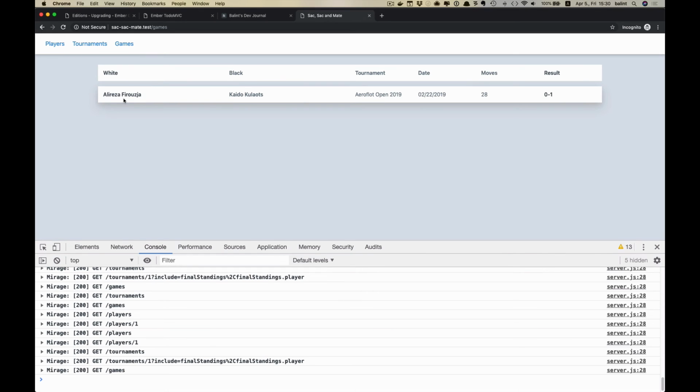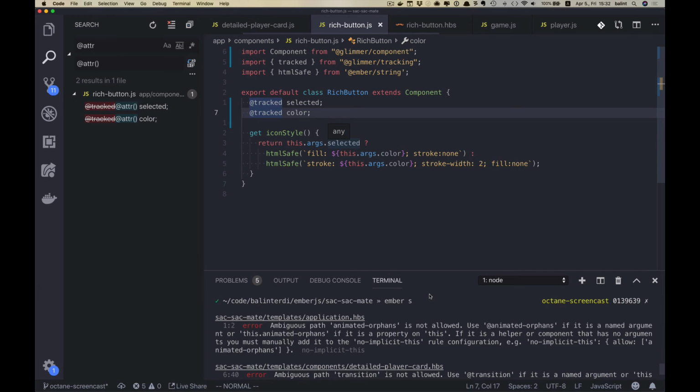And yeah, all the pages work just fine. So we are done with that part. We still have a few template lint errors in our console, so let's finish by fixing those. So I restarted the application just to see all of the template linting errors that we have, and let's fix